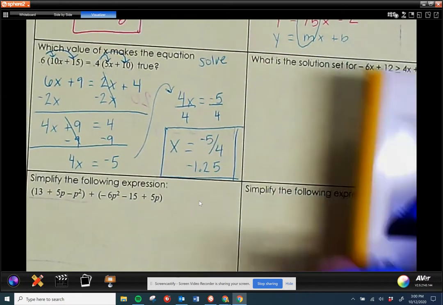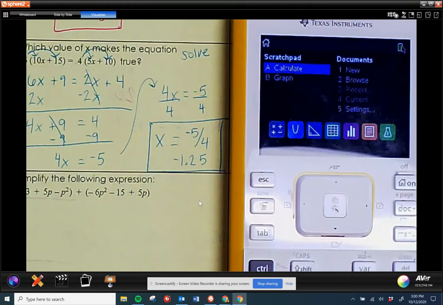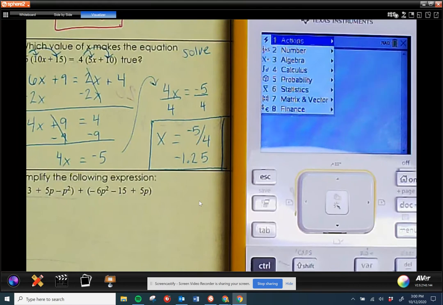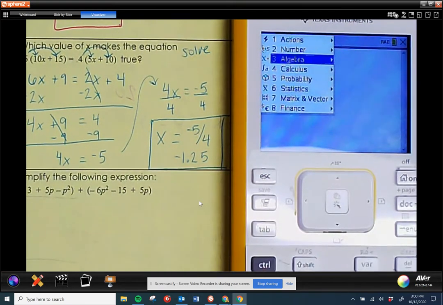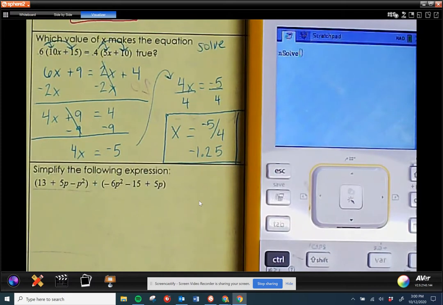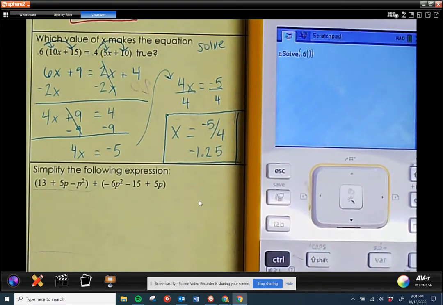Another important calculator trick. This is going to be very important if you're using your Inspire. You'll go to your calculate screen and you'll press menu and then go down to number 3 for algebra. And then you'll hit number 1 for numerical solve, and then you can go ahead and solve that equation in your calculator. All you have to do is type in exactly the equation as you see it, 0.6 times 10x plus 15 equals